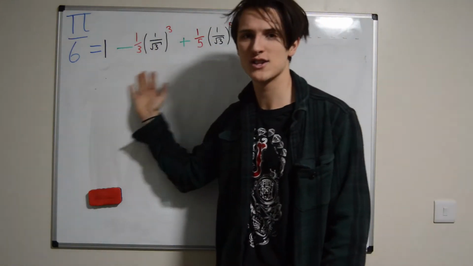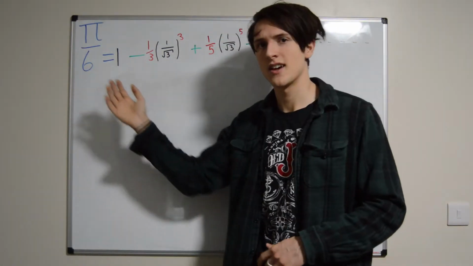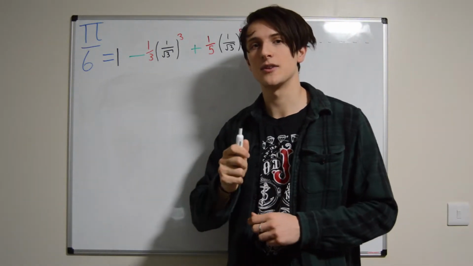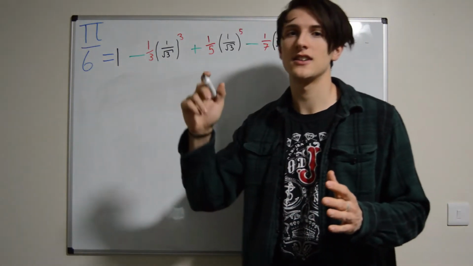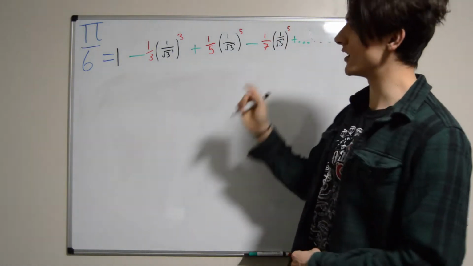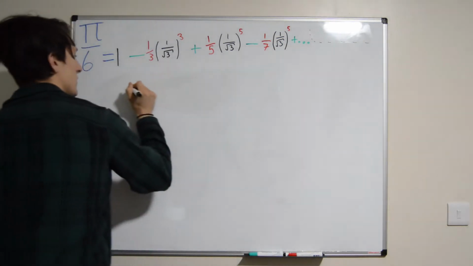Does this infinite sum involve pi over 6? Okay, so let's get straight into it. First of all, I'm going to write this in sigma notation. If you don't know sigma notation, it's just equivalent to writing out all these terms with dot dot dot. It's just a more compact way of writing it. So we write it as